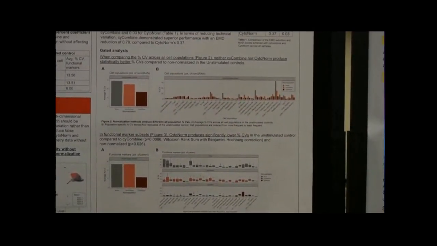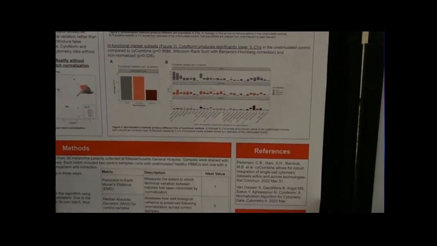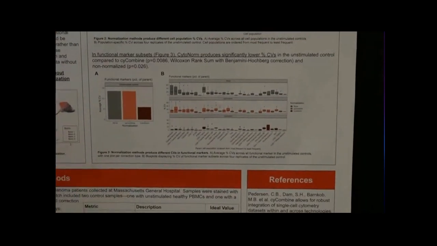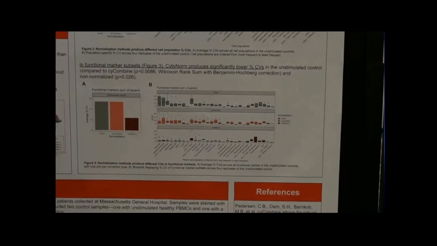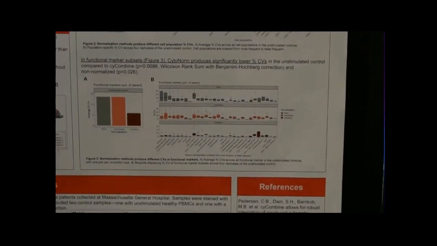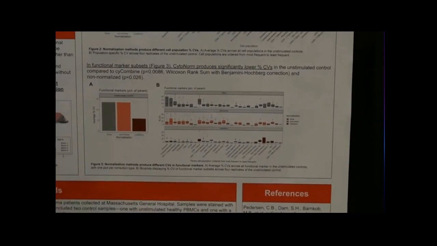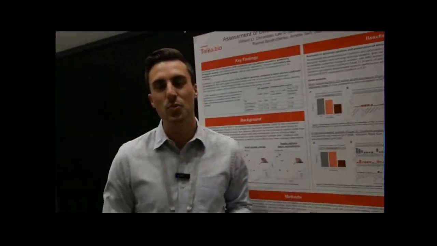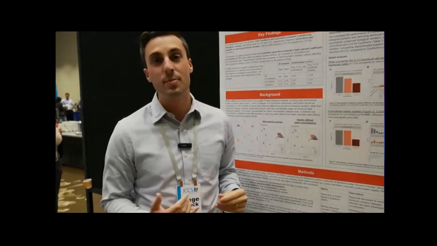But we took this one step further, and we decided to look at functional markers and see how the expression of these functional markers varies across batches. We actually see that Cytonorm does have a statistically significant reduction in the percent CV on average when looking at these functional markers. It's exciting that Cytonorm has this reduction, but Cycombine seems to be having greater technical variance reductions. We conclude that really it's a complex issue where you need to really understand your data. You need to look further. You can't just rely on one metric to determine which tool is best for you.